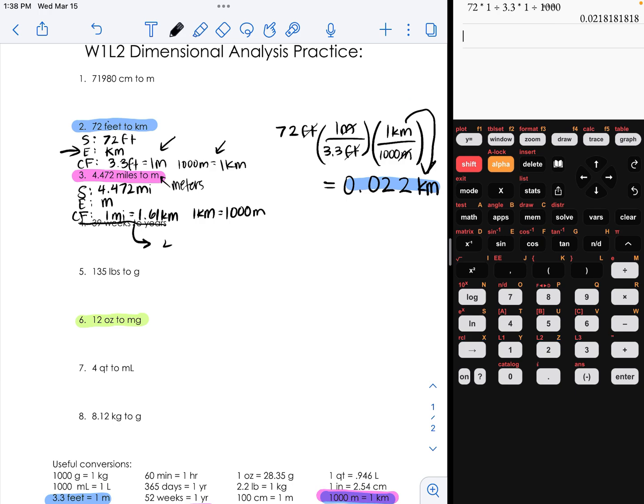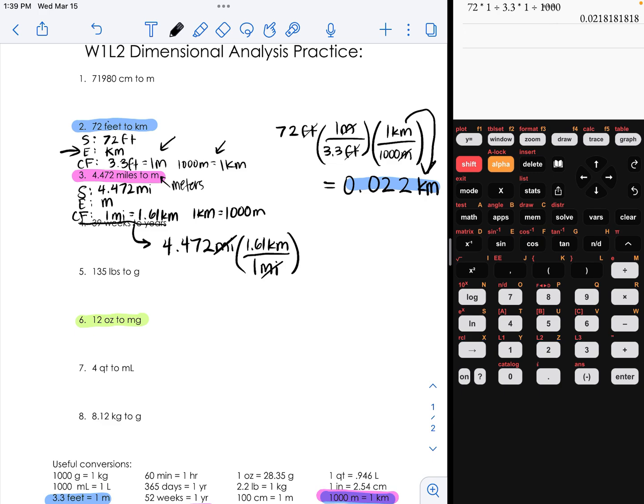Okay, we start with our starting value out in space, so 4.472 miles. Now I need my first conversion factor, and I need to get out of miles, so I need miles to be on the bottom. I'm going to use 1 mile equals 1.61 kilometers, and I'm going to put the 1 mile on bottom and the 1.61 kilometers on top. The reason I put miles on bottom is so that they cancel out with the miles on top from the